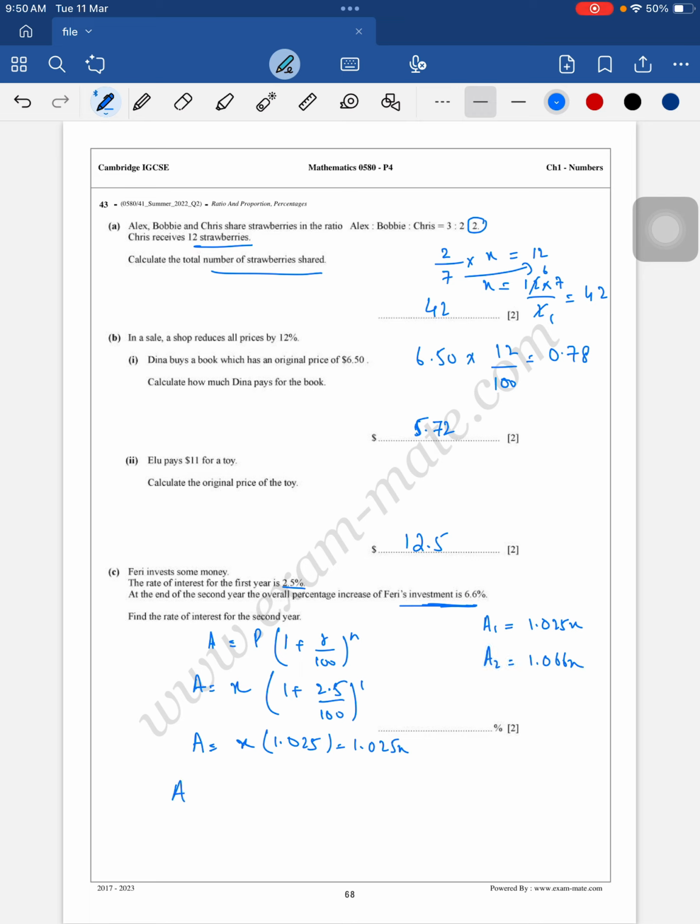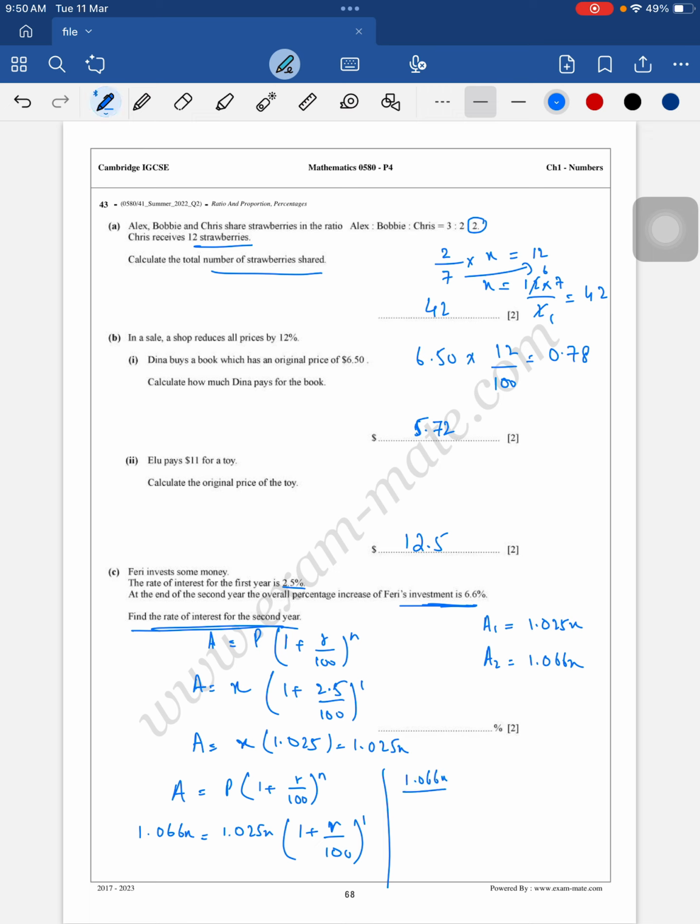Now I'm applying the same amount formula, A is equal to P times 1 plus R upon 100 to the power n. For the second year, the principal amount will now be 1.025x, and the amount generated after the second year is 1.066x. And again, we need to find the rate of interest for the second year, right? R is to be found out, and since it is 1 year only, we keep n as 1. So solving this up,